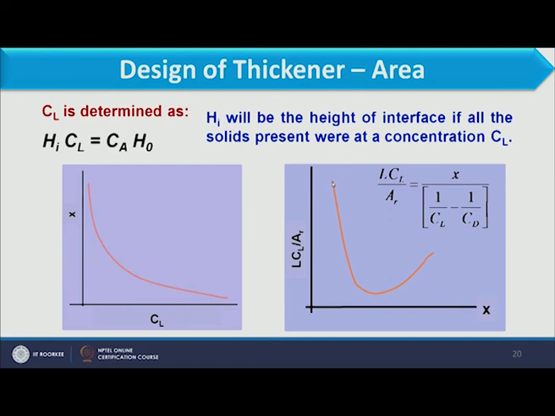Now once we draw this, we can calculate LCl by CA. Now LCl by CA, if you observe, has a curvature which is parabolic in nature. Now how will it be affected? It has only two variables: first variable is x and second variable is Cl. We can understand that once Cl increases, where Cl is the concentration in that layer, the velocity of the liquid moving through it, the rate of sedimentation, will keep on decreasing. The velocity of clear liquid will keep on decreasing because of the presence of other particles.